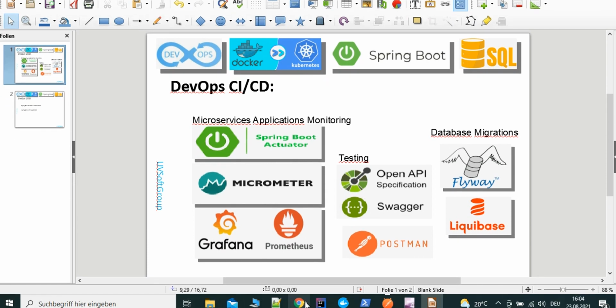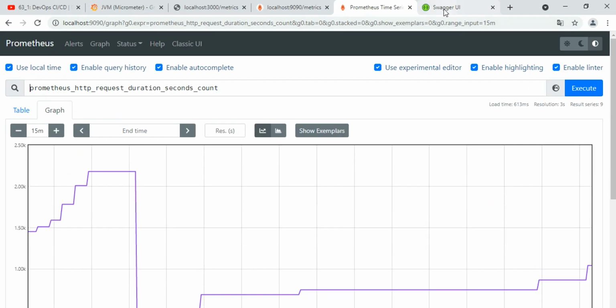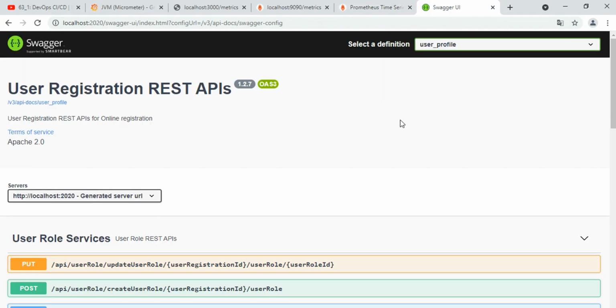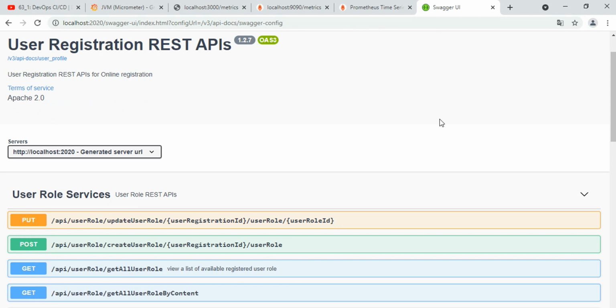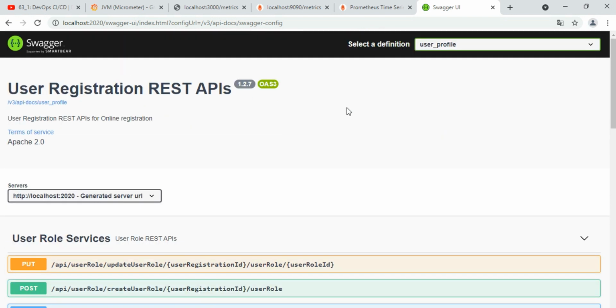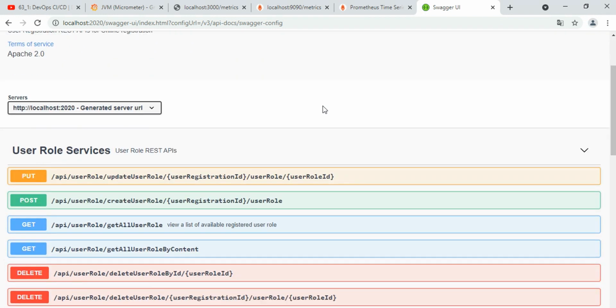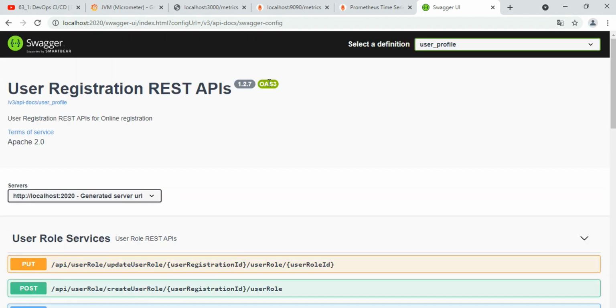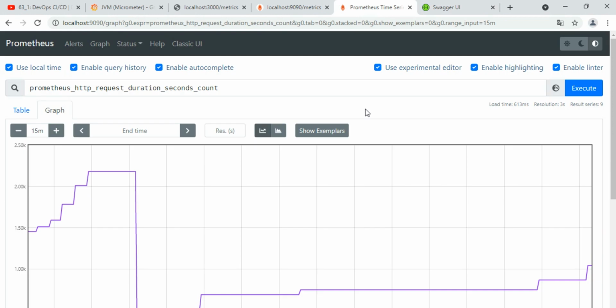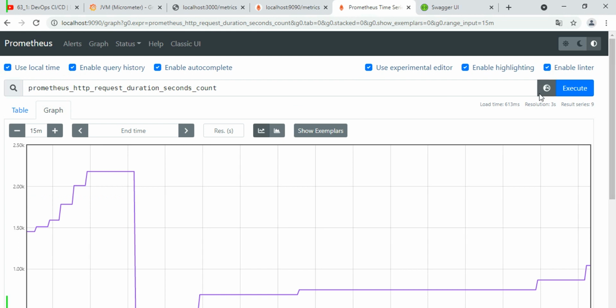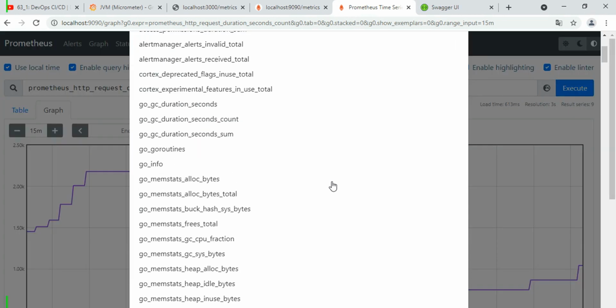If you saw the screencast from before, we already exposed our services. That's exactly the open APIs and the OpenAPI specification of Swagger 3, and this is the GUI. You can see all the API documentation functionalities, and the Prometheus metrics, all the metrics information, how many metrics there are.